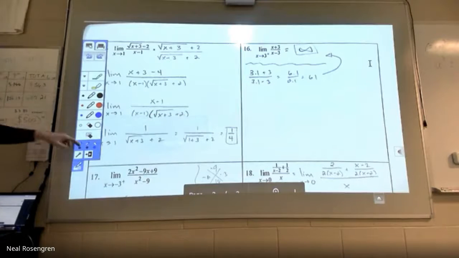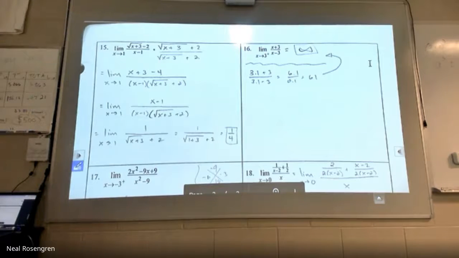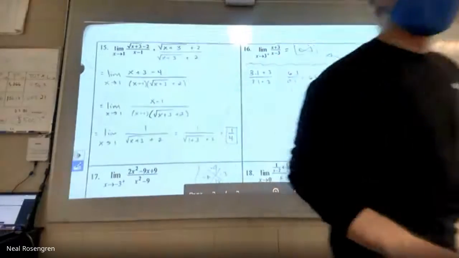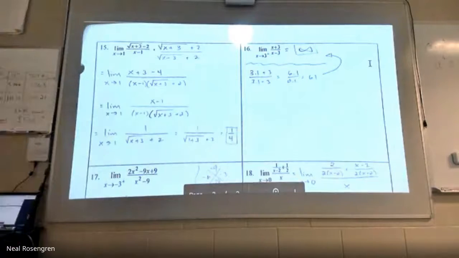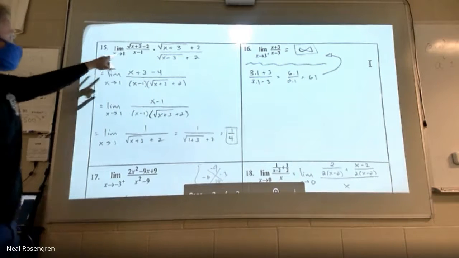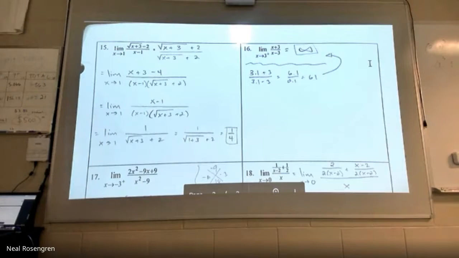Okay, so 15 is a really good example of that rationalizing thing that we have to do. I can try to get to the point where I have something to divide away. I want to divide away that x minus 1 somewhere because I'm trying to go to 1. I think about whether that's even worth it by seeing if there's a hole there. In my mind, I plug in 1 and check it out. I get 0 over 0, so that's good.